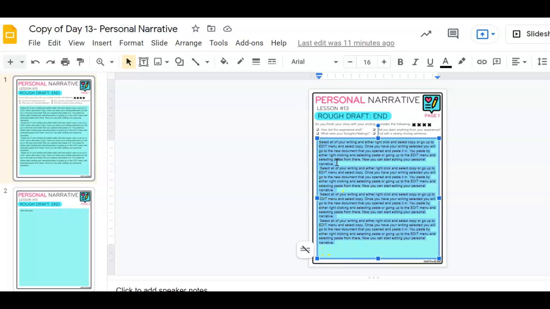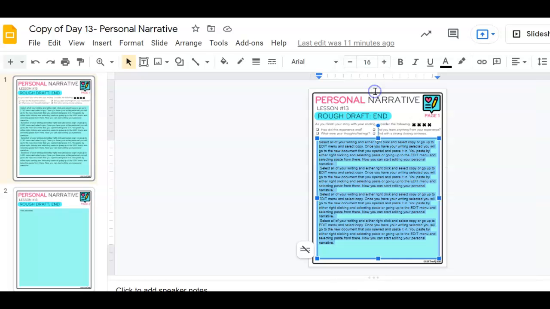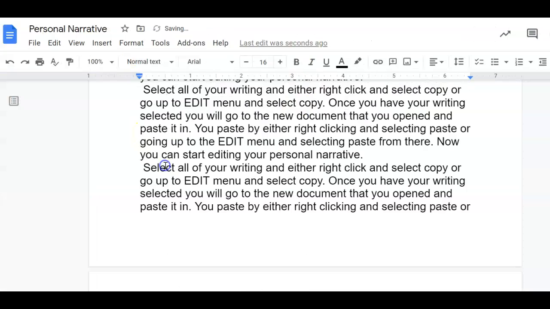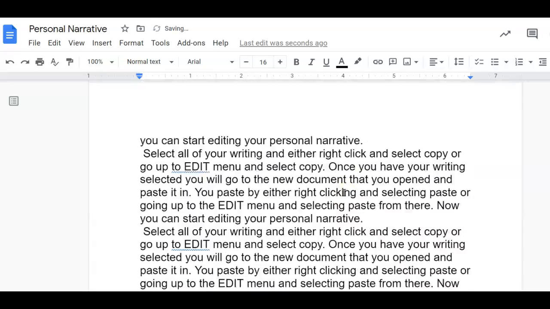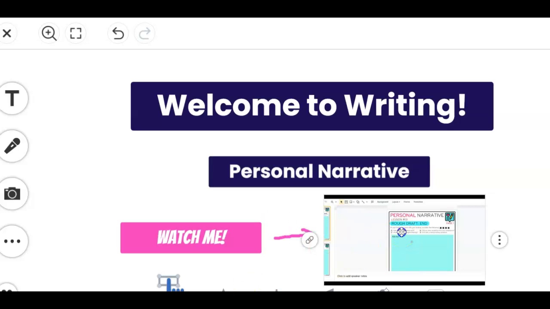I'm going to copy. I'm going to go back over to my personal narrative, and I'm going to paste it in. Once I have this all pasted in, then I'm going to go back into my Seesaw lesson,